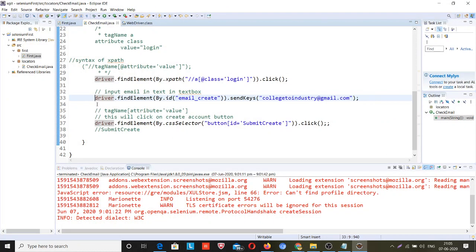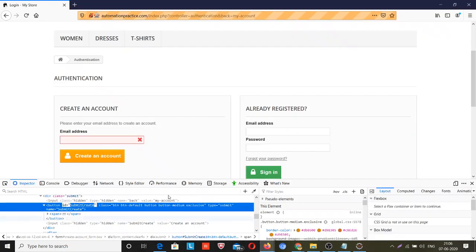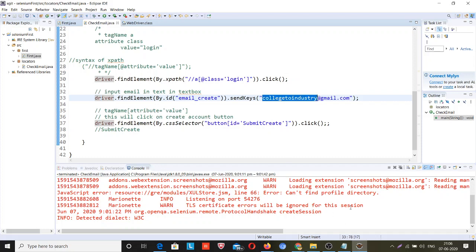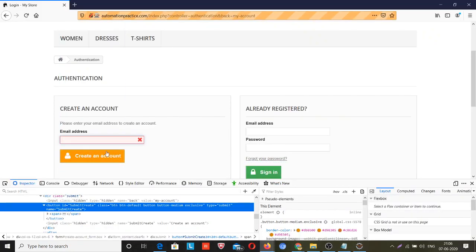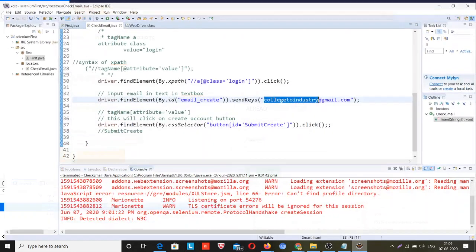It will actually go to this text box and write the email ID. It will not match any email ID because there is no matching email ID present. It will paste this email ID. I am sending this email ID to this text box so that I can create an account using it.